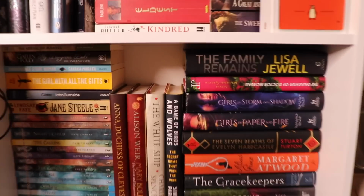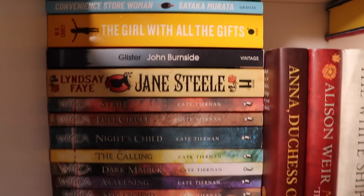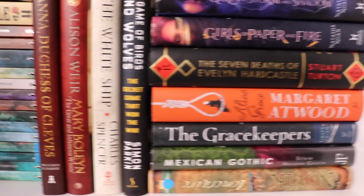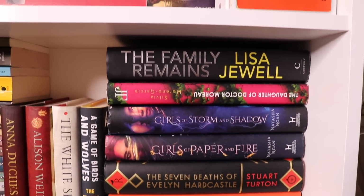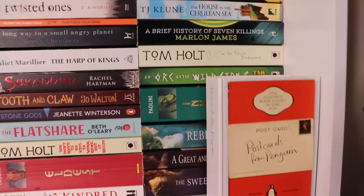So as I mentioned, these are all books I've read and enjoyed. I'll just do a quick pass over them so you can see them. There's maybe a couple of books in here that I didn't love as much but have wanted to keep for one reason or another, but predominantly these are books I think are great, I want to maybe reread, I want to recommend, I want to lend to friends, or by authors I love and want to keep around. So I'm quite brutal with the books I read and whether I keep them or not,